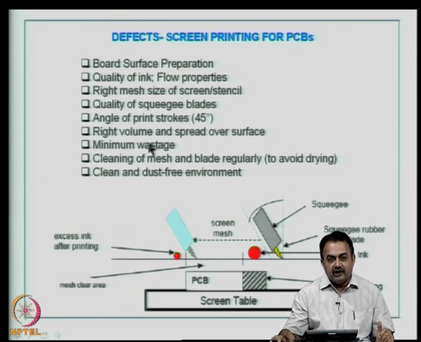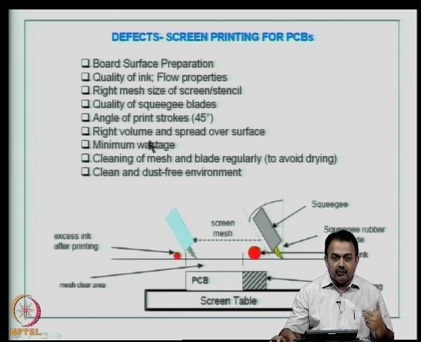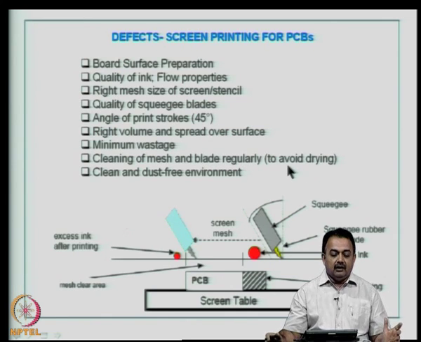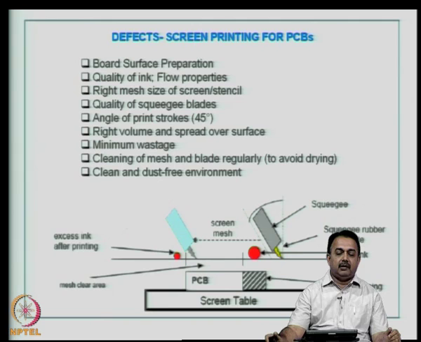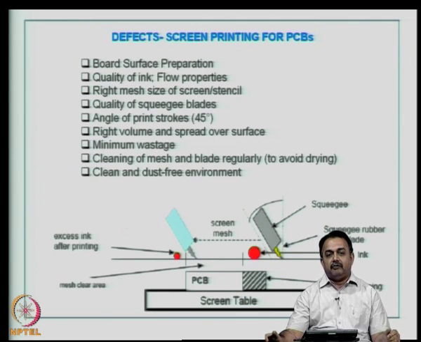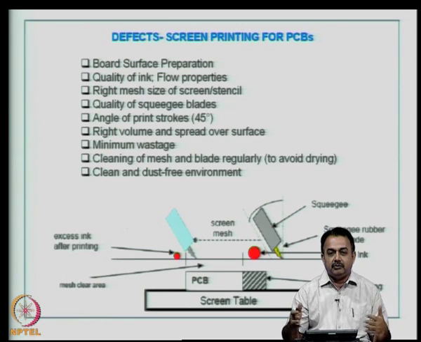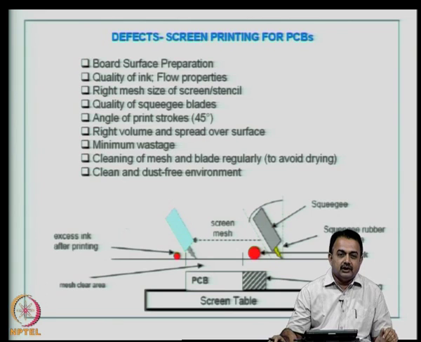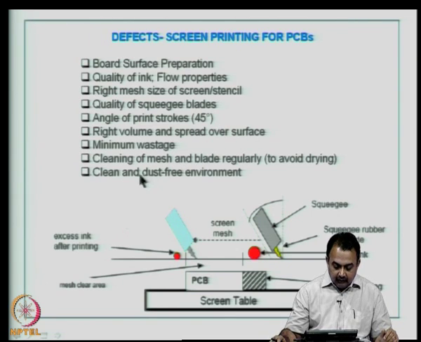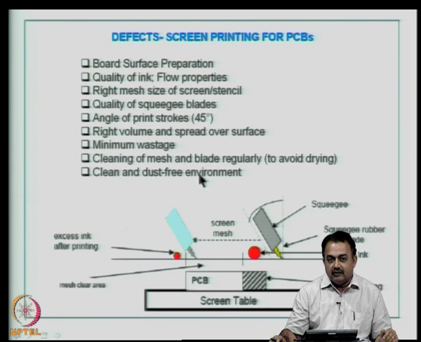Ensure that you have minimum wastage of the ink. This will come with experience. Cleaning of mesh and the blade regularly to avoid drying. So, typically let us say in volume production of single sided PCBs, you will use for some 500 boards, and then you will have to remove the mesh, remove the blade, clean them thoroughly and then use them again, or preferably use a new stencil or a new mesh. A clean and dust free environment is always very much required, so that these are not translated to etching defects that